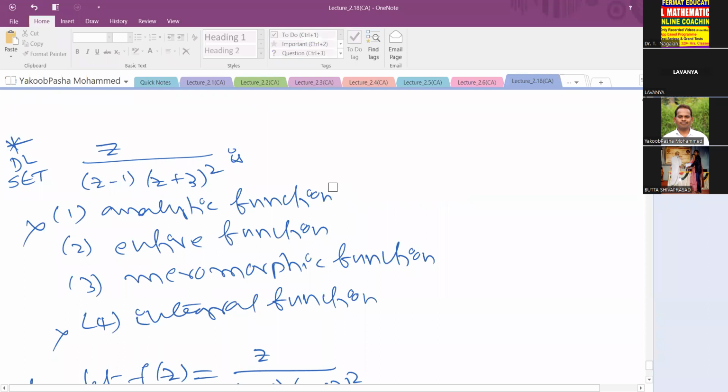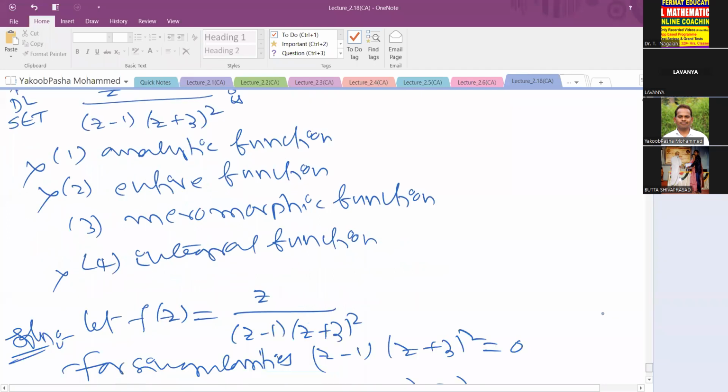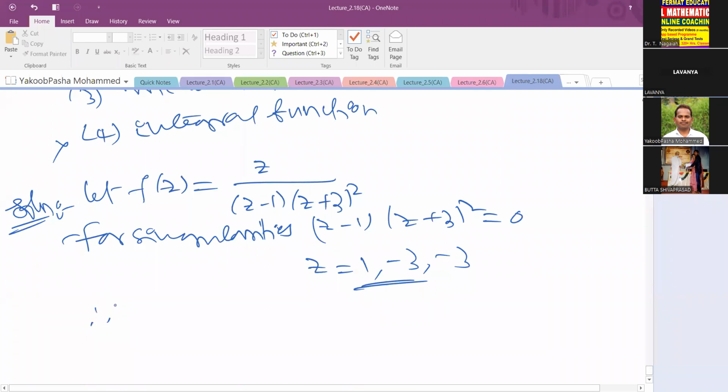Next, entire. It is analytic at every point, but here except z equal to 1, z equal to -3, the function is not analytic. So it is analytic except for poles. Therefore, simply I'm writing, therefore, f of z is analytic except